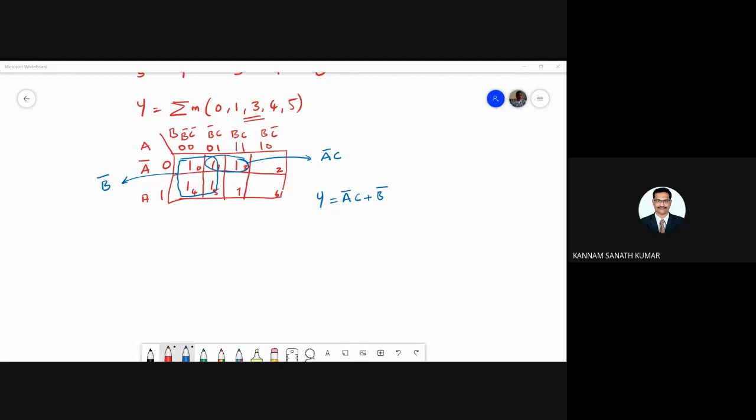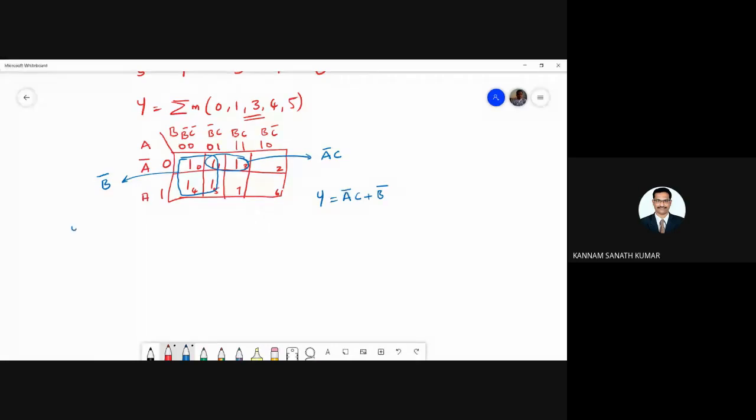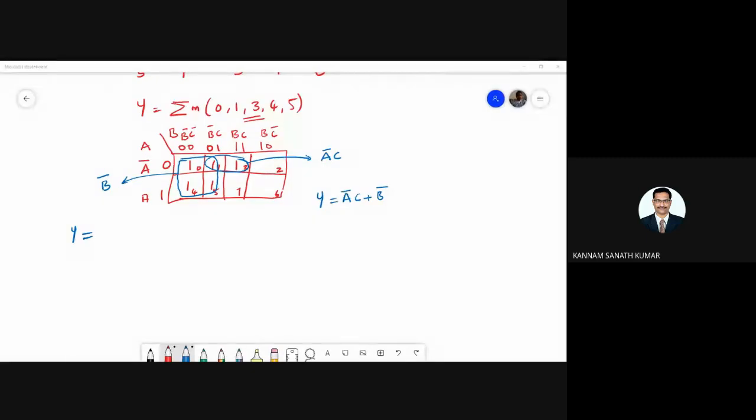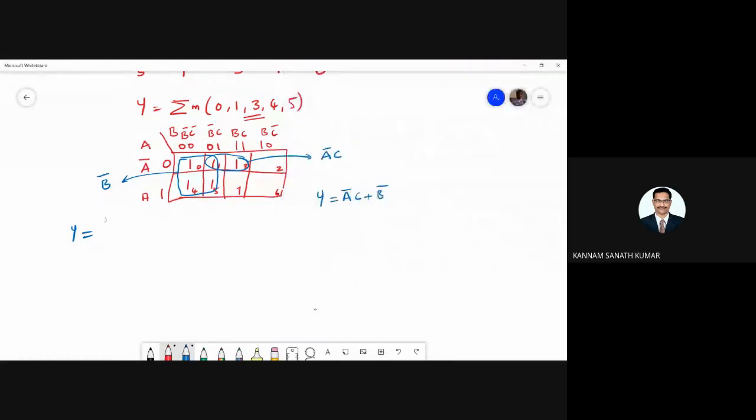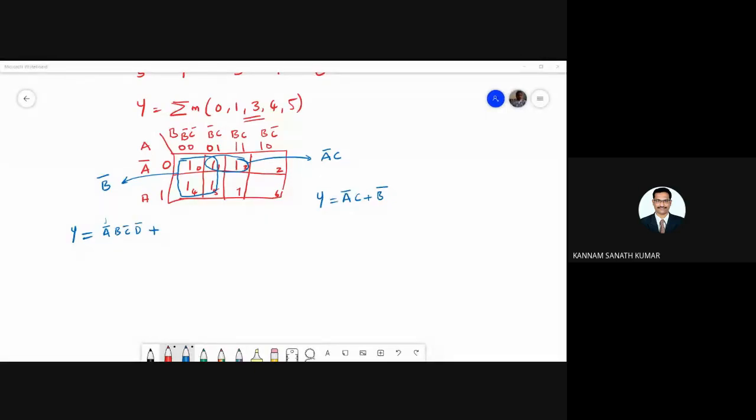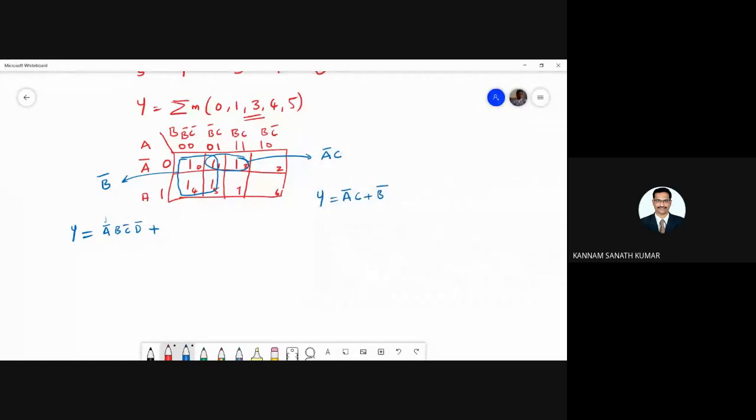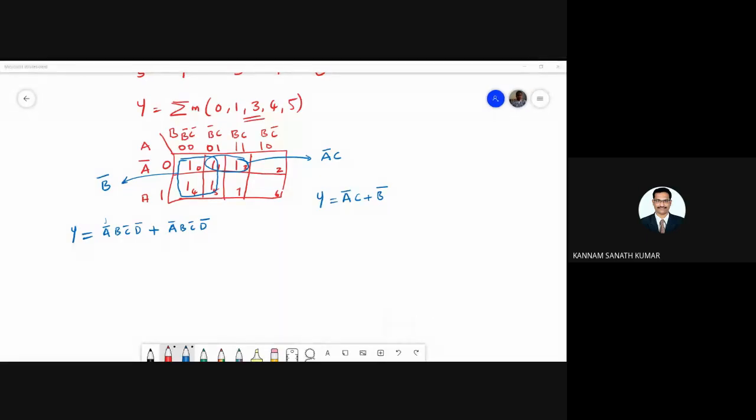So for the next expression, Y equal to a 4 variable map. Let us say Y equal to A B bar, A B, A bar B, C bar D bar, plus A bar B C bar D, C bar D bar. Okay, this is a 4 variable map.